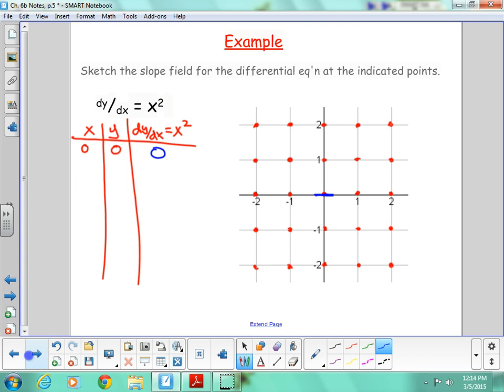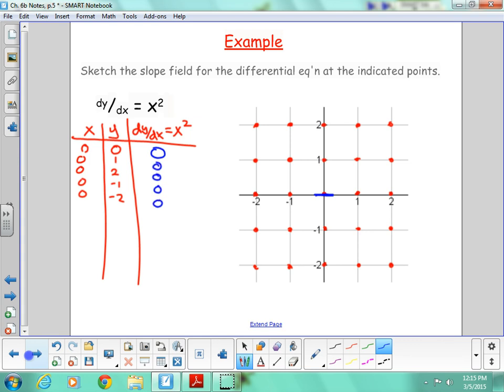dependent on x's, which means I don't really care what the y's are when I plug in. If I go to another point, like say (0, 1), what's the slope going to be? 0. How about (0, 2)? 0. How about (0, 3)? 0. Oh, well, we're not going there. (0, -1), (0, -2). What are all those slopes? Well, all the x's are 0, and it's only dependent on x's, so maybe we just found our first trick